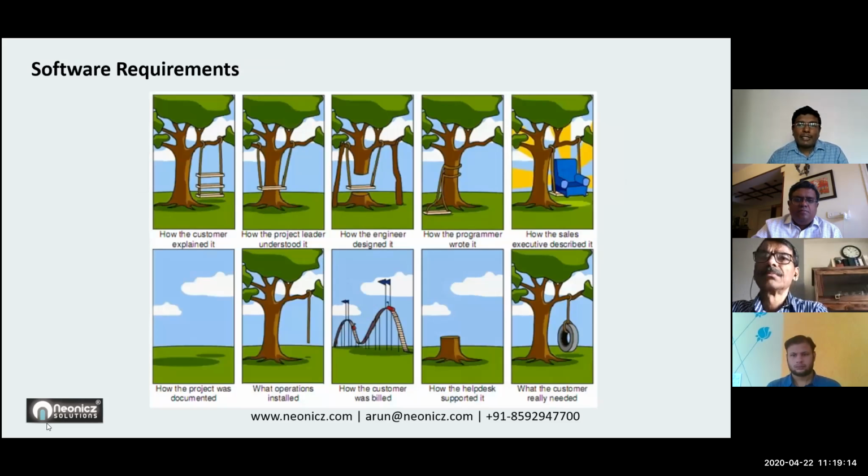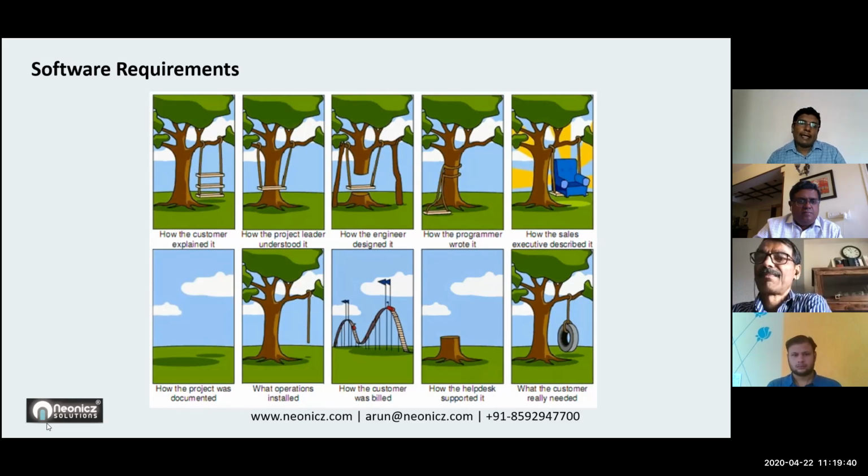So actually, this is a representation of how a project is handled and what would be the reasons of failure. We all know the dilution of communication. From person 1 to reaching the 10th person, I pass an information. That information will be modified or changed or diluted, or it is actually reduced. So that is actually happening.